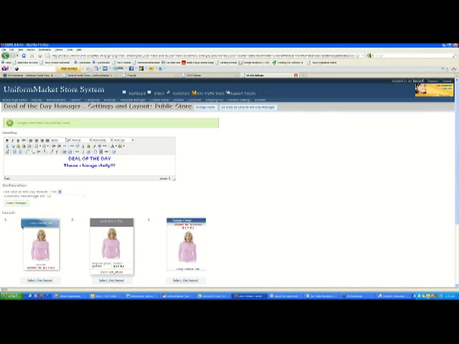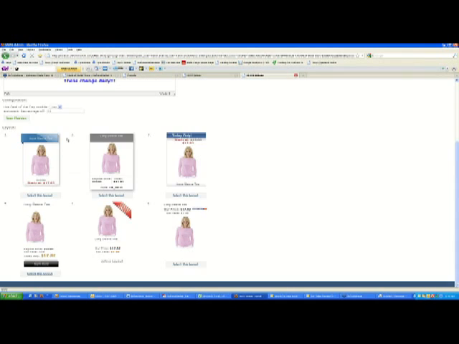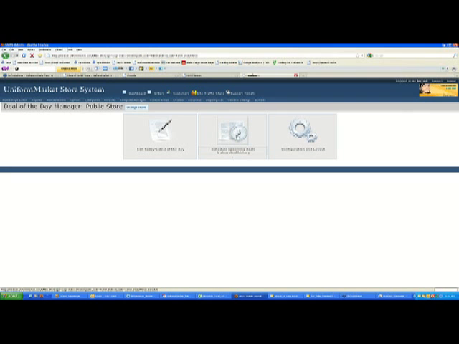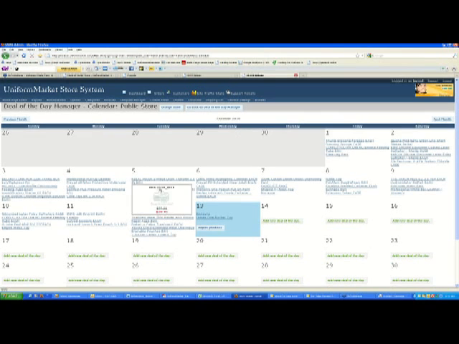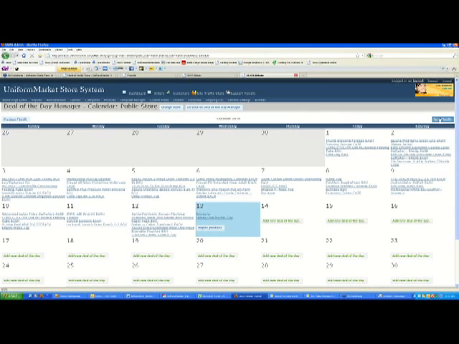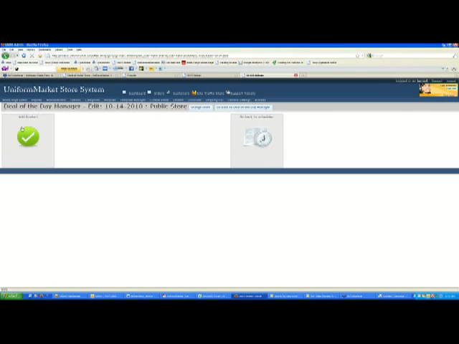Oh, and if you want to schedule, like you know what you want to sell, you can come in here. Today's the 13th, but here's the 14th. Here's a calendar. We give you a calendar next month, so you can calendar out your deals of the day as far as you want. I can add new deal of the day for tomorrow. I can click Add Product,